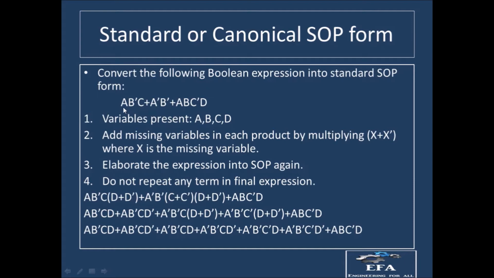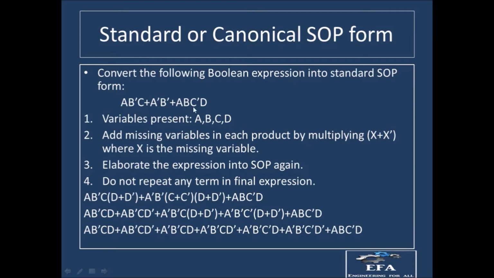So we can multiply A B bar C dot 1, and that 1 is for the D variable. The D variable can be implemented through 1 over there. So A B bar C dot 1 will be there, and that 1 stands for D. So how can we write D over there? That 1 can be written as D plus D bar.